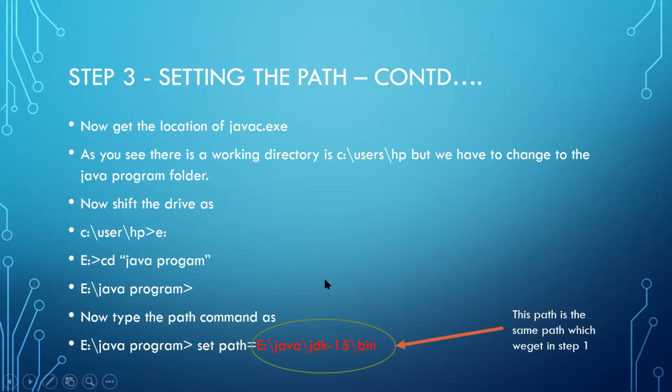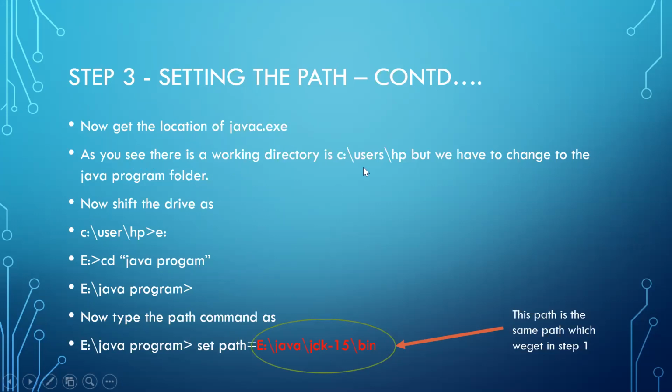These are the steps for setting the path. Now get the location of javac, which we already got in step number 1. That was e:/java/jdk15/bin. So we have to just type it with the path.